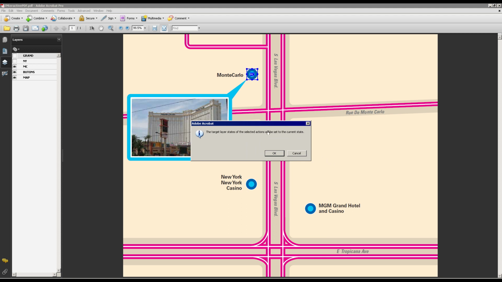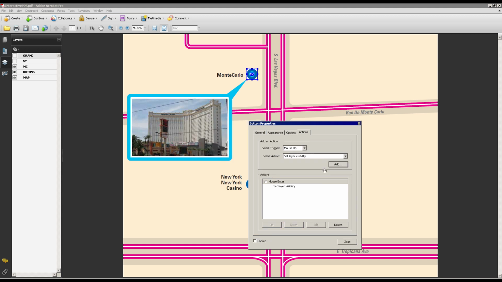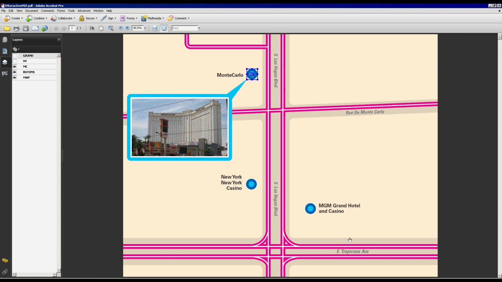So click Add, and the target layer states of the selected actions will be set to the current state. What that means is when the mouse enters, it's going to change the visibility of that pop-up to on. And then we can close this.